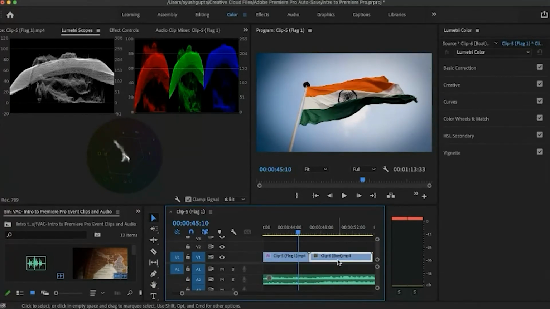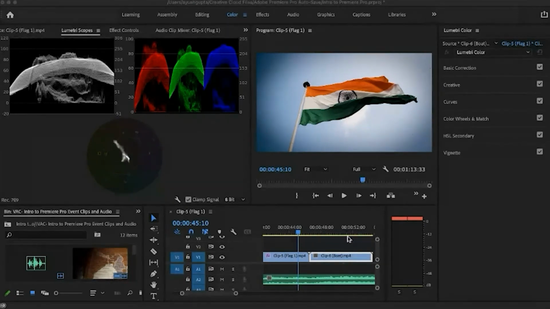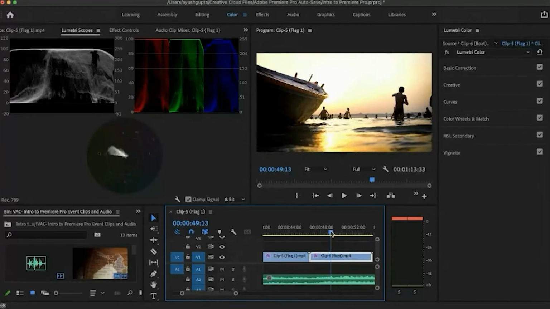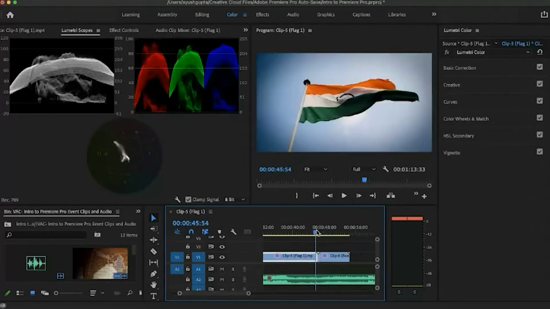You don't have to paste, just right click and then there will be a paste attributes option. We'll just see if the color grading on the previous clip works on this one. We'll paste attributes and select Lumetri color and then OK. Yeah, it works well. So we paste that.